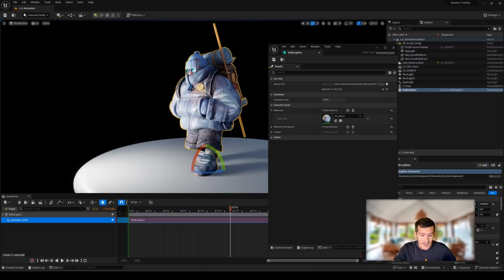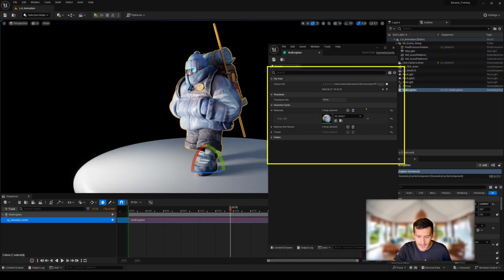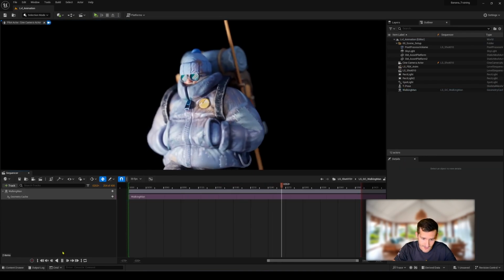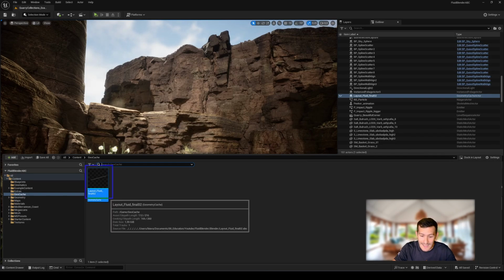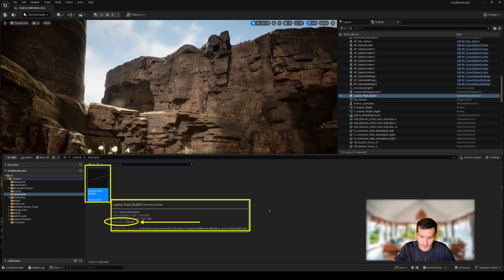There are several downsides to using the Alembic geocache format, James. Firstly, as I mentioned earlier, with this format you can't adjust or modify your animation in Unreal. Everything is baked and you can only play the animation track. Secondly, the file size of the imported asset is significantly larger. Lastly, don't forget that the geocache is read directly by our CPU, which is also something to consider.